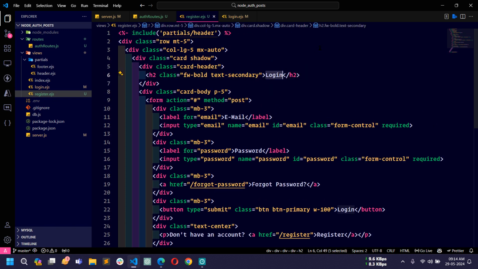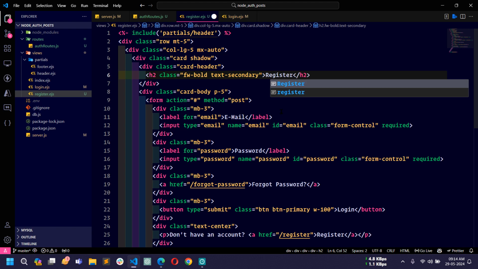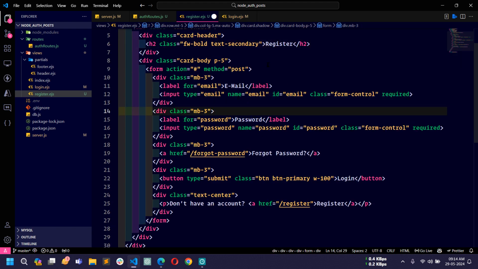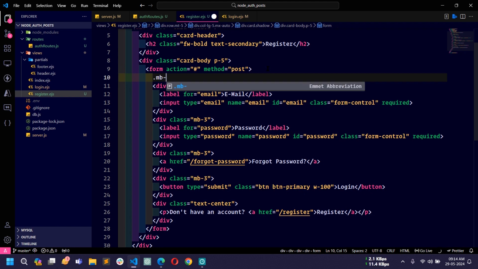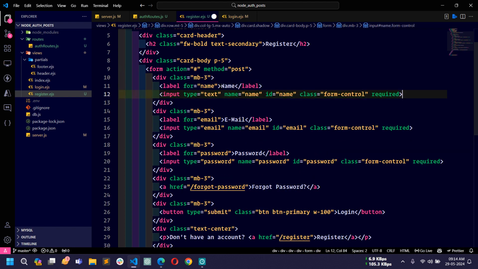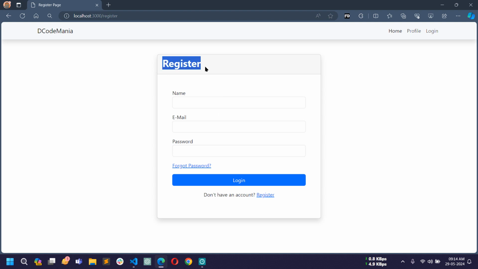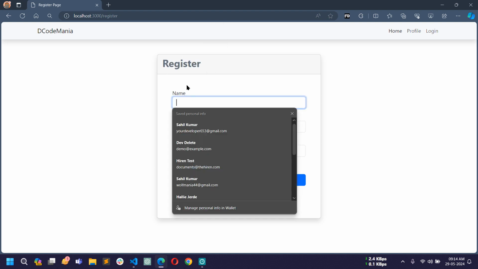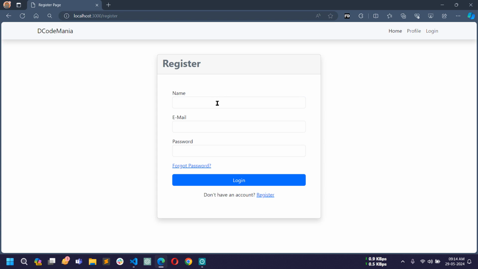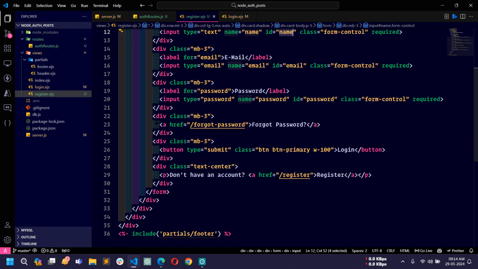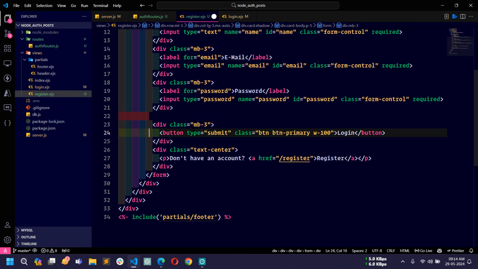So let me change this login to register and all will be same, and let's add one more field with label name. Type will be text, name attribute value will be name, id name. Okay, if I save and reload, then you can see the heading has been changed and an extra field name has been added. Now let's remove this forgot password link from here and also change the text of the button to register, and also change here